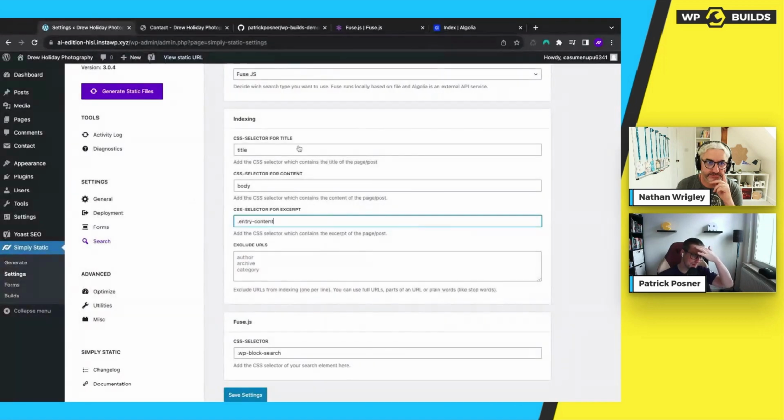So quickly getting back to indexing. There's another setting here, exclude URLs. As the description already says, you can exclude complete URLs or just patterns. So if you type something like author right here, all automatically generated author URLs from a WordPress website will be excluded from the search index. That can be kind of handy if you have something like author pages. It's a pretty decent example, but also things like